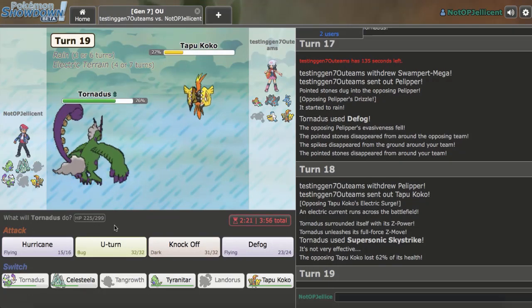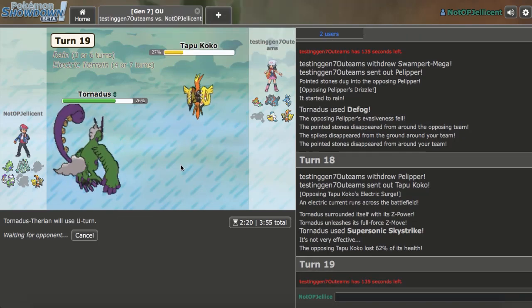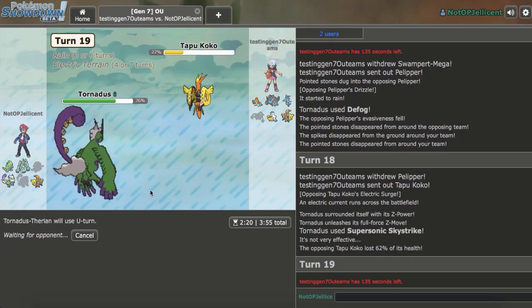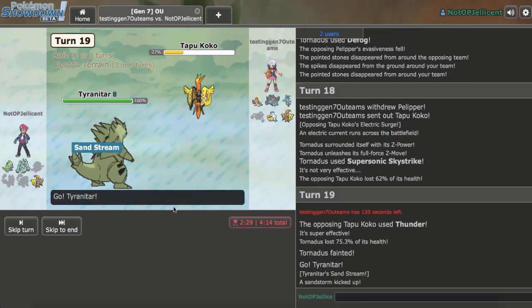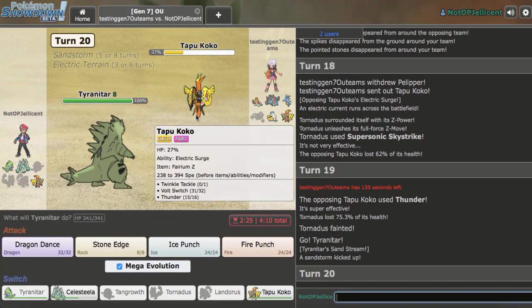As what I'll do right here is, would he really be Volt Switch? I'll go ahead and U-turn out. Would he really be Volt Switch? No, he literally showed, I think, Z Dazzling Gleam, right? Alright, so we have Grass Knot on our Koko now for future matchups, but it looks like this might be an L. Fires off a Thunder. Alright, we gotta do this. Let me go ahead and just Mega Evolve and...